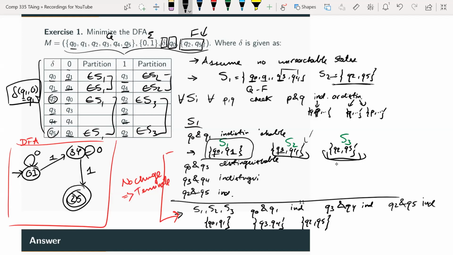Then for 2, 5, when they see a 0, they go back to 0, so they go back to this partition. And when they see a 1, they go to 2, 5, so they go back to themselves. And this would be your minimal DFA. So in general, given any question that says you're given a DFA and you want to minimize it, this is one way of doing it with this kind of tabular approach that I personally like,